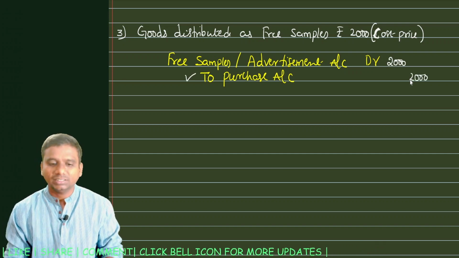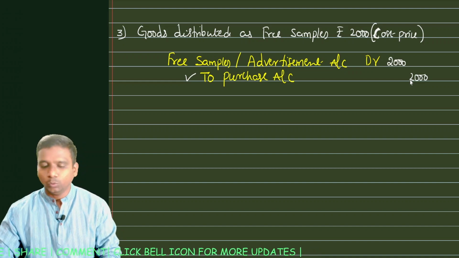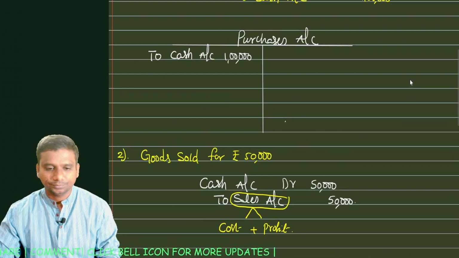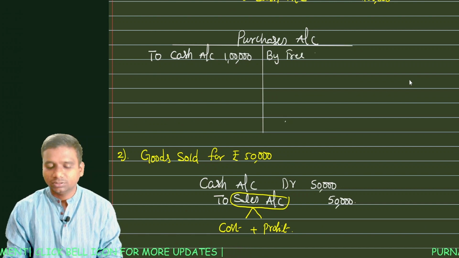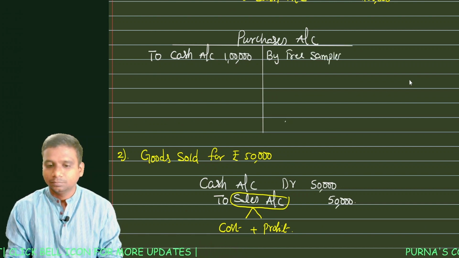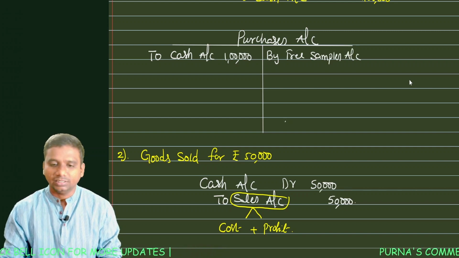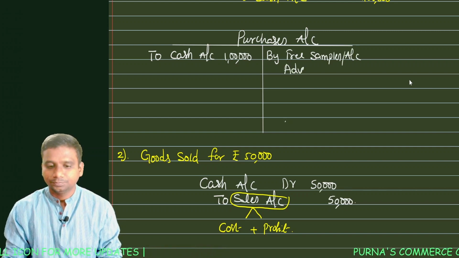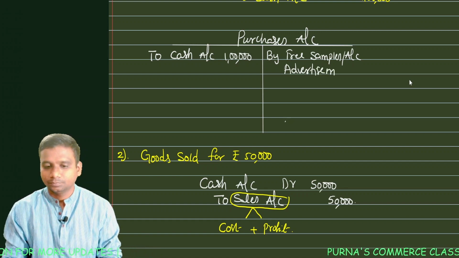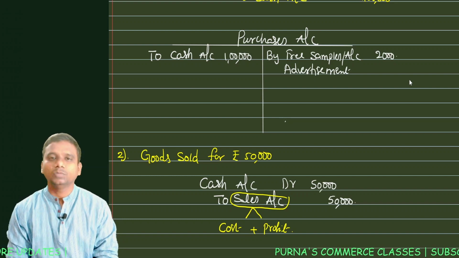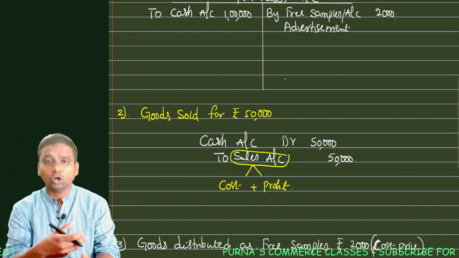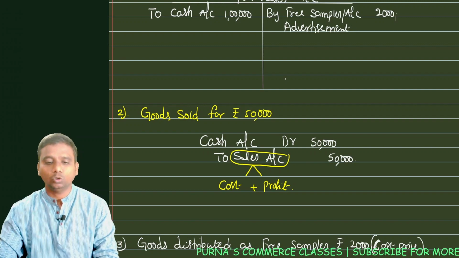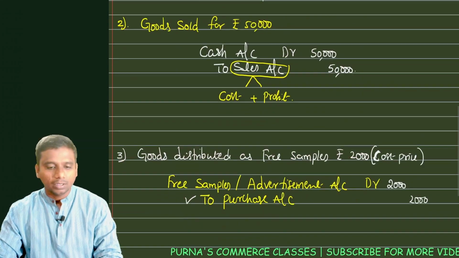As we are preparing purchase account, ultimately post this into purchase account by free samples account or advertisement, 2000. Clear? When you sold goods, we have not credited purchase account, that's why no purchase account credit there. Clear? Next,